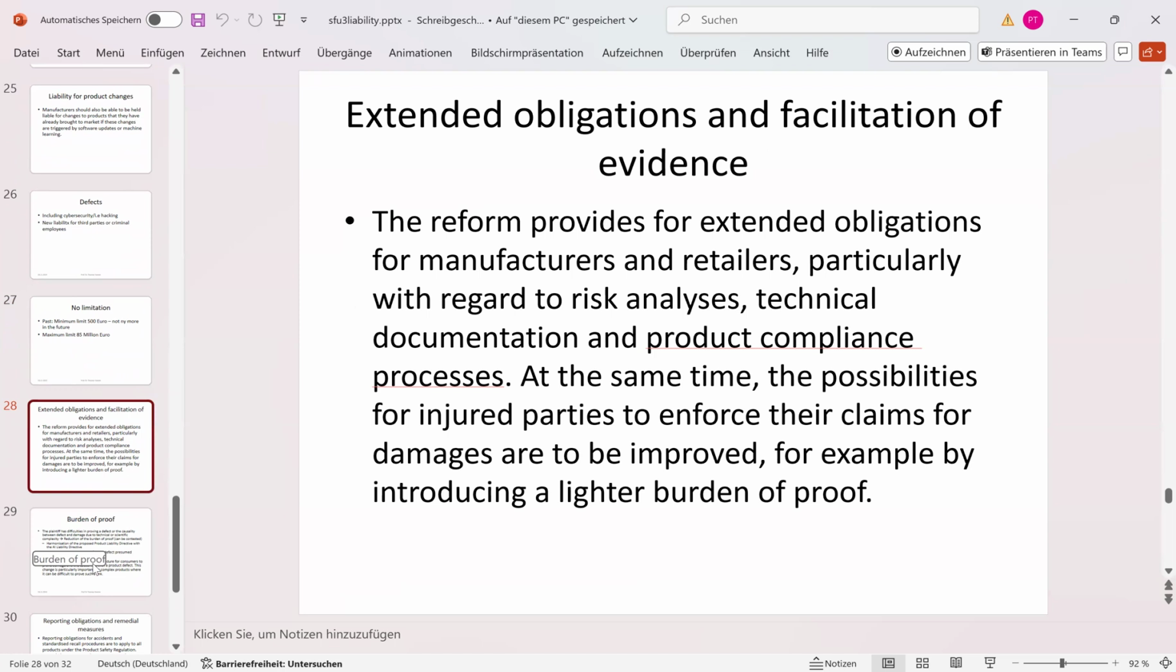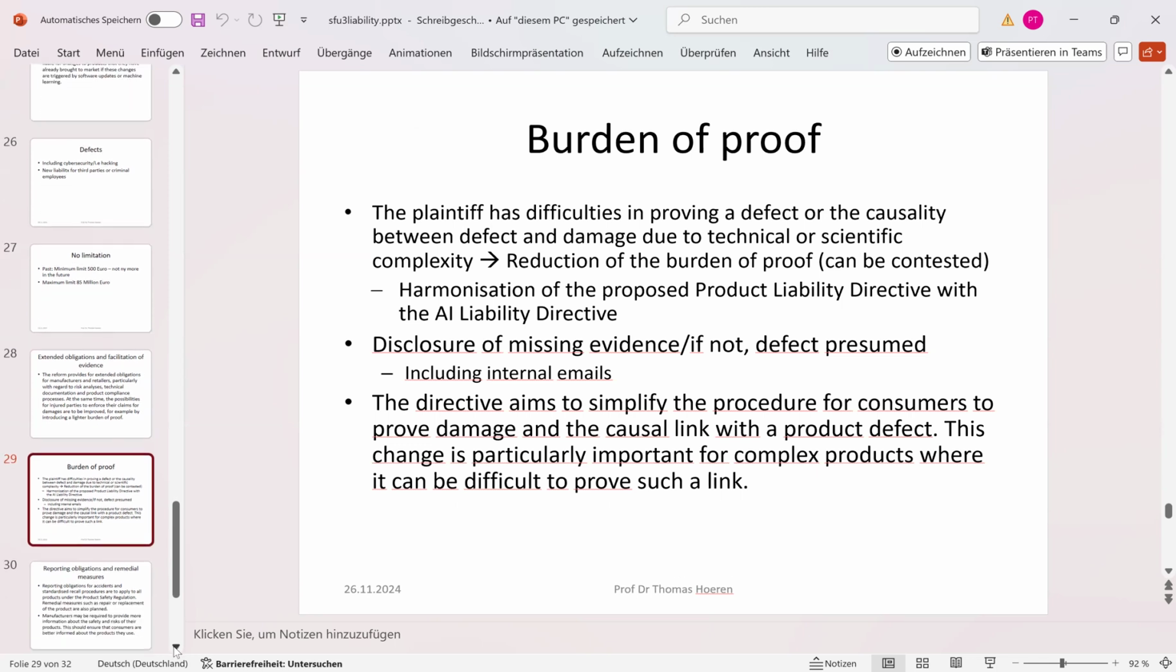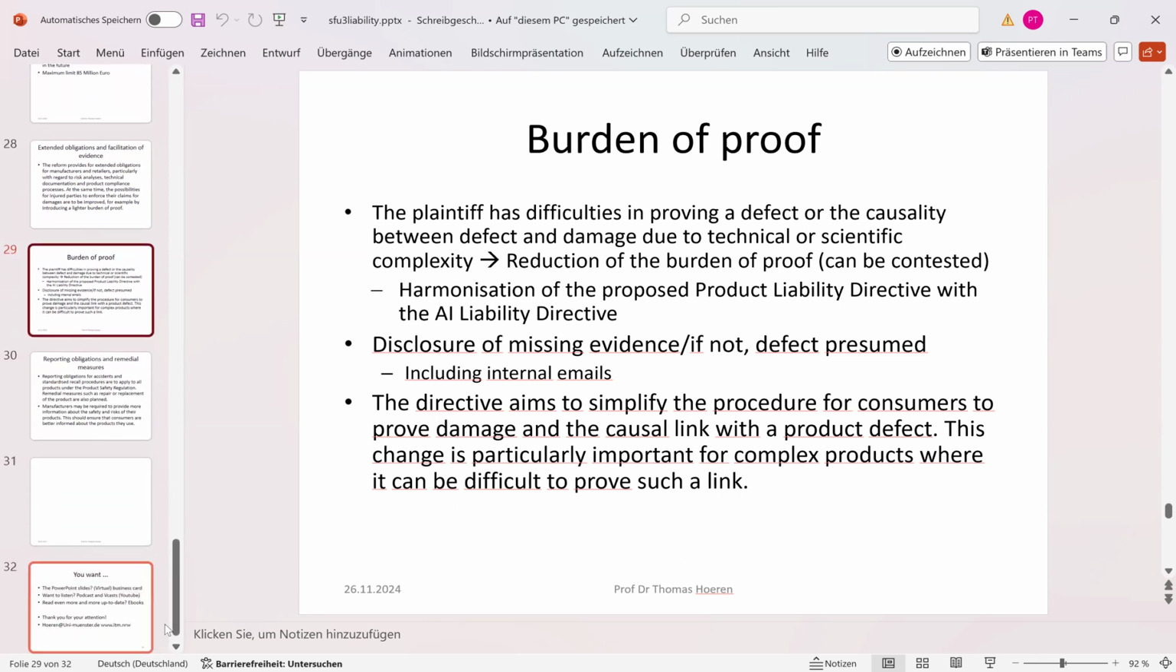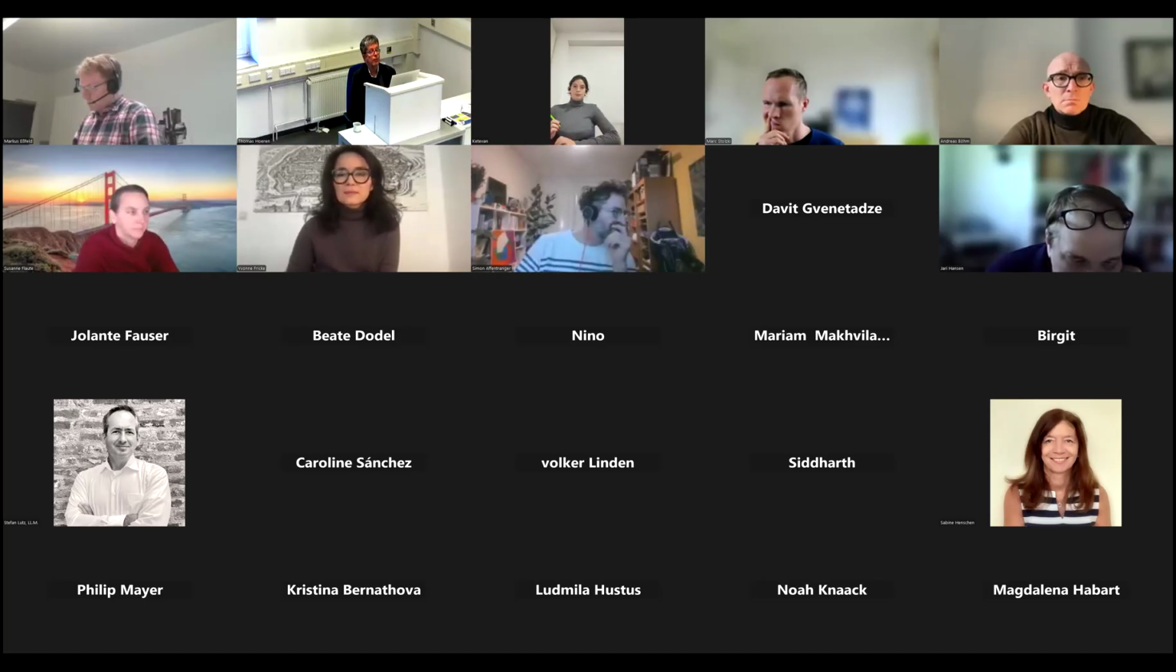So, to summarize it, the reform provides for extended obligations for manufacturers and retailers, particularly with regard to risk analysis, technical documentation, and product compliance processes. So, I hope you all see